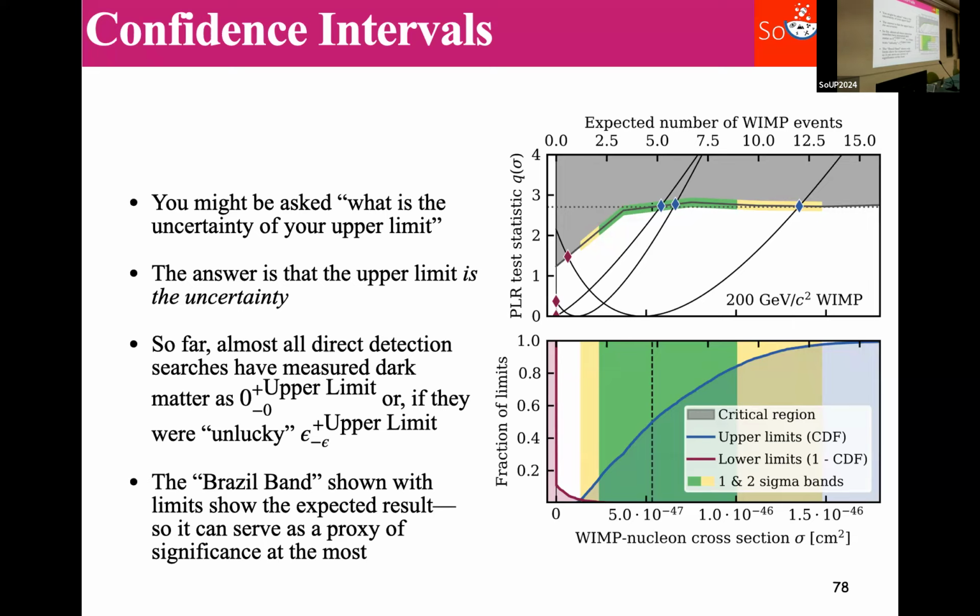And then the Brazil band here is just -1 sigma. That's 0.15 something in the normal distribution. And then here, the middle of the Brazil band is the median. So that's where the median upper limit is. And then the upper edge of the 1 sigma band for the Brazil band is here up at 0.85. And then you have the 2 sigma band for the same 0.2 sigma.